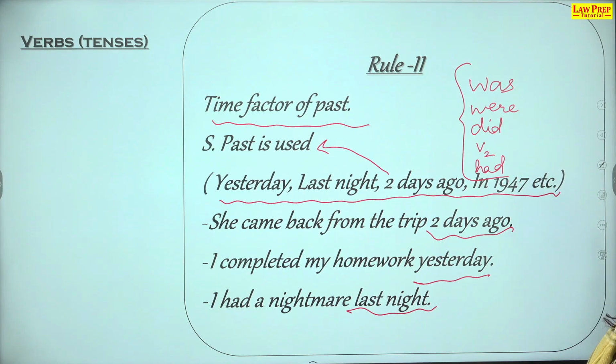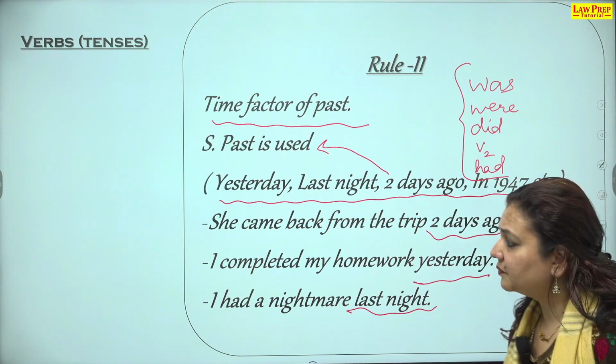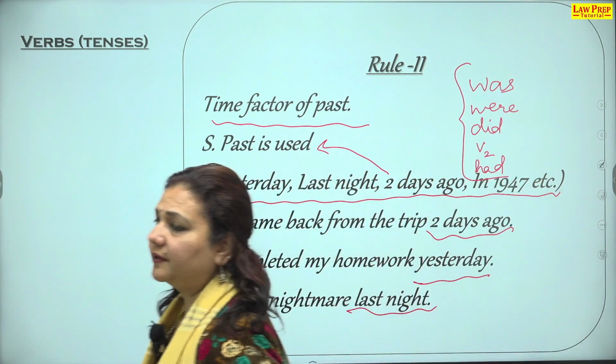ये सब क्या बता रहे हैं? टाइम फैक्टर. और इनके साथ क्या यूज़ किया जाता है? सिंपल पास्ट टेंस. Right, this is clear to you. I hope you have understood what we are using here. Which tense? Simple past tense. Like if you have an example like this, for example,